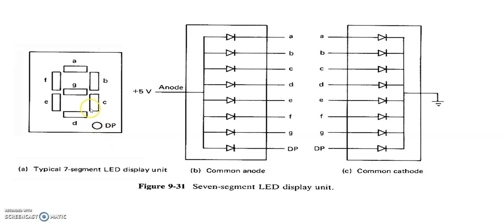Based on the operation of the output, the LED light will glow. Whether it is 1, that is segments B and C, all others will be off. Suppose it is 7, then A, B, C will be on and the rest are off. Whatever input we give, the corresponding LED output will glow.